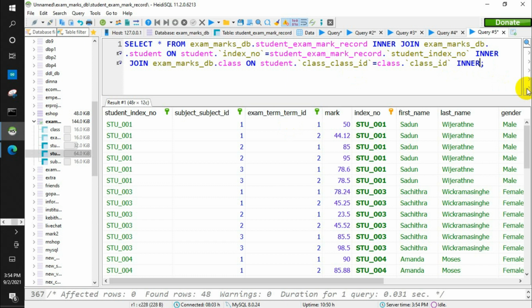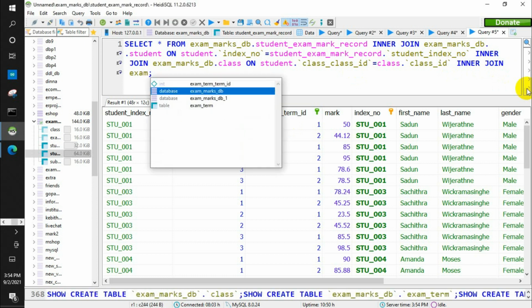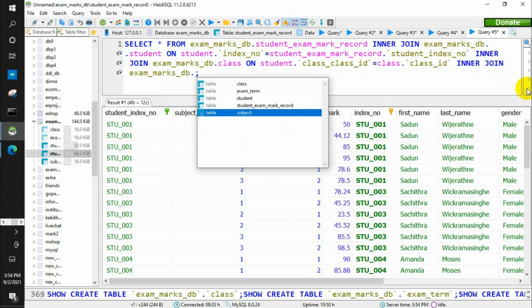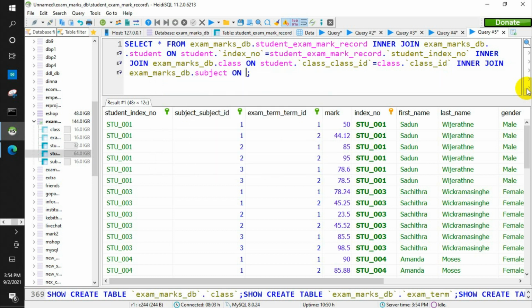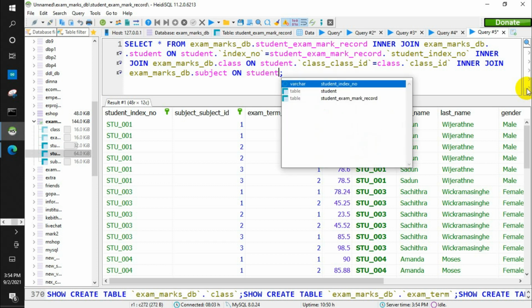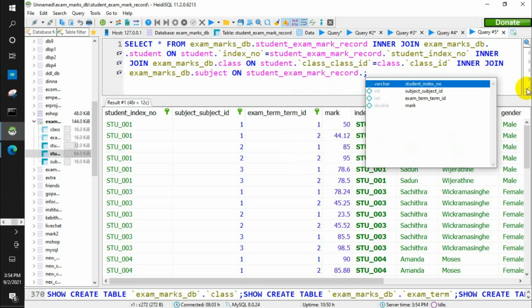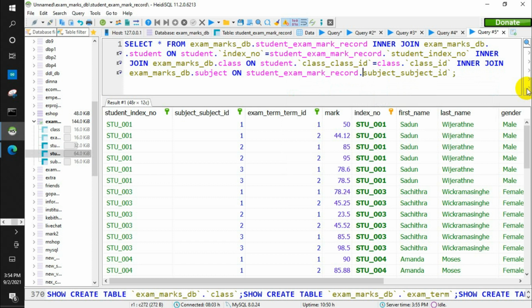Also, I will have to inner join this subject table, exam_marks_db.subject table, on the condition: the subject ID of the marks table should be equal to the subject ID of the subject table.